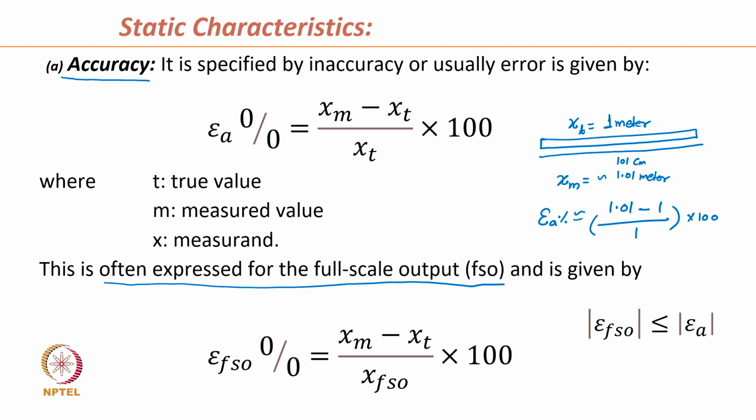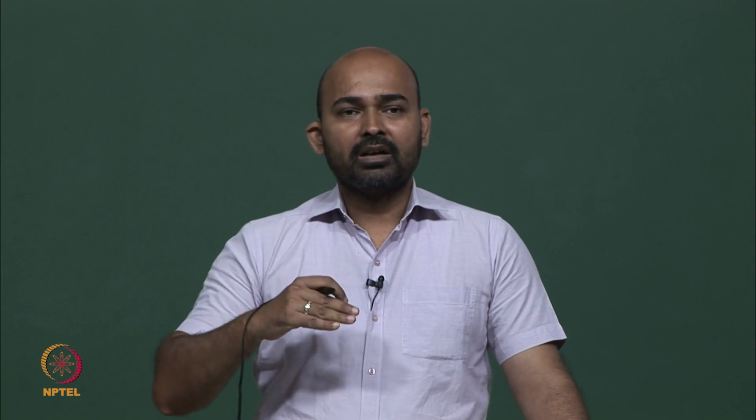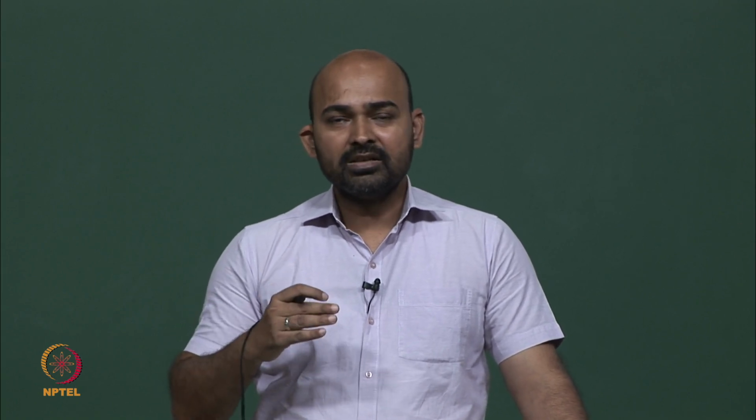What we mean by this full scale output is, we have a sensor or a meter. This has a particular range, let us say from 0 to 100. So, this sensor is going to measure only from 0 to 100, which is the full scale of this sensor. So, we define this error as a full scale output, meaning how much is the error in percentage for a